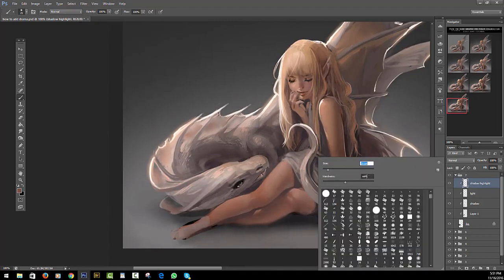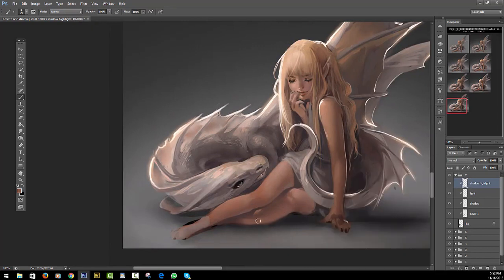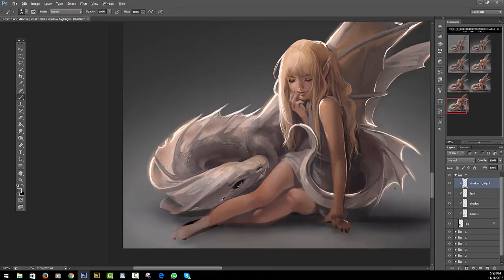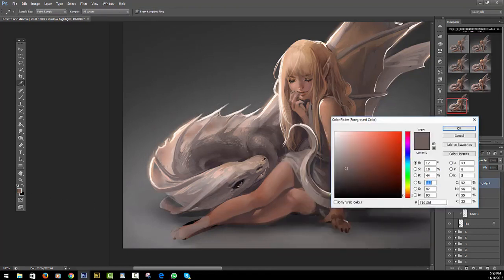Again, I'm on hardness 44%, so it creates some sort of smoothness to it. And I'm going to kind of erase parts of it because it was getting a bit too soft for me, so I used the erase tool to kind of create harder edges. Alright, let's continue to do that. We can add a bit more